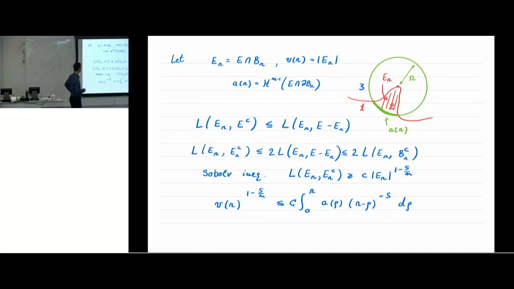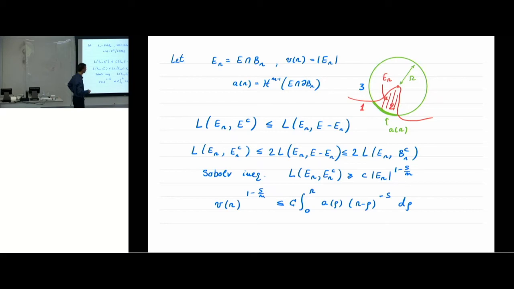So this is what we say: the interaction between 2 and 3 is always less than or equal to the interaction between 2 and 1. That's the minimality. Because the interaction between 2 and 3 is less than the interaction between 2 and 1,